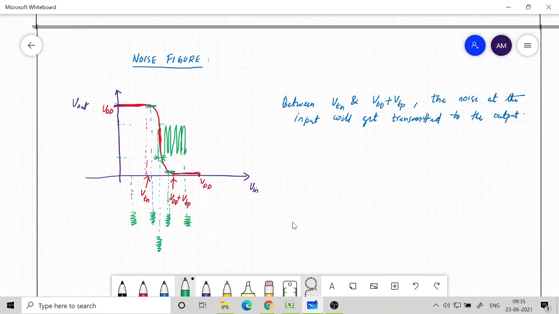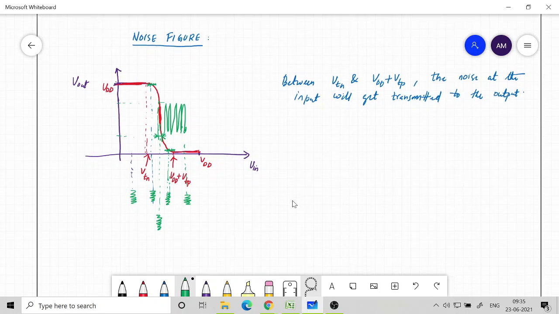So how do we make sure this? We need to fix certain points of operation. The two points of operation which become critical are here: one is here and the other is here, and I will tell you why. The reason is that at these points, if you look at the slope, it is basically -1.